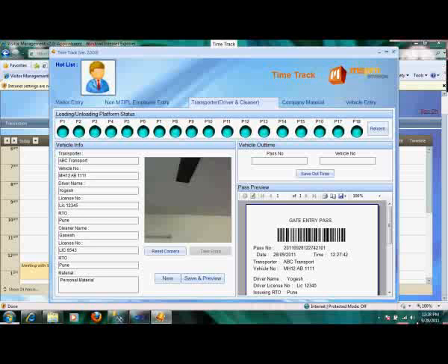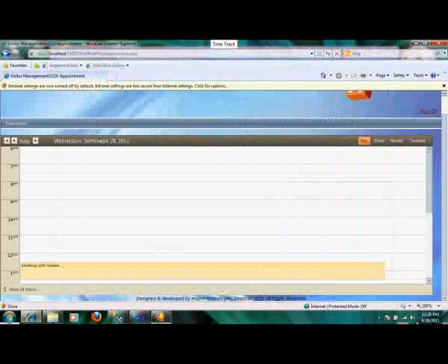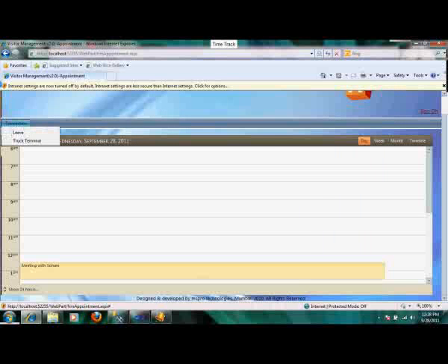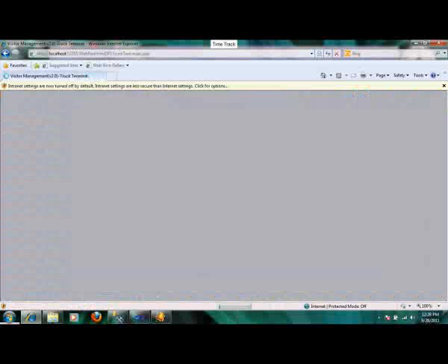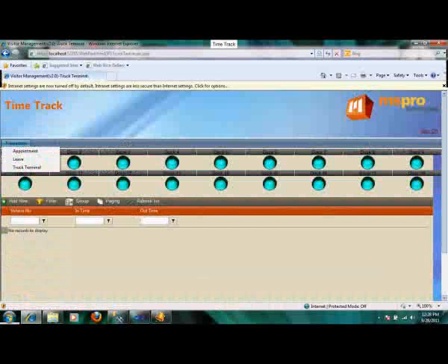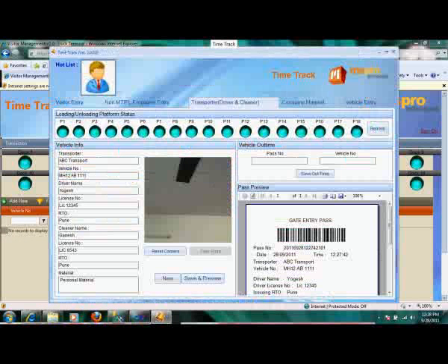Till the time the signal is green, the security guard can allow the vehicle to enter the premises. Once the signal is red, the truck terminal or the platform or the dock is full, so the guard gets an indication that the dock or platform is full. No more vehicles are to be allowed in the premises.